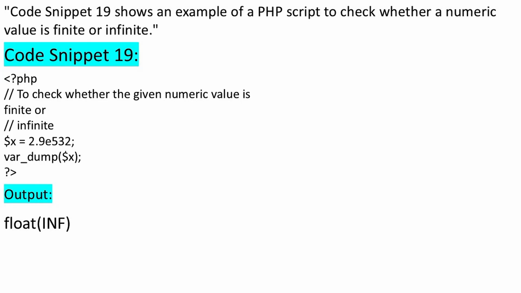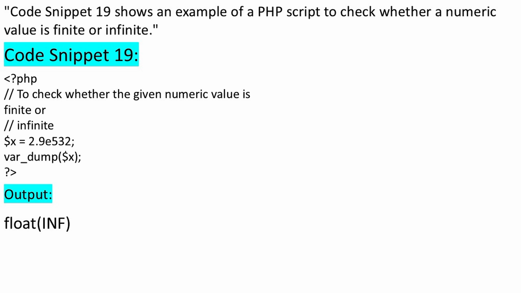In this code snippet, we're exploring how PHP handles extremely large numeric values and how it determines whether a number is finite or infinite. When numbers go beyond the range that PHP can represent as a normal float, the language automatically converts them into a special value called infinity, represented as INF. This example demonstrates that behavior in action and helps us understand how to check and handle such cases properly in